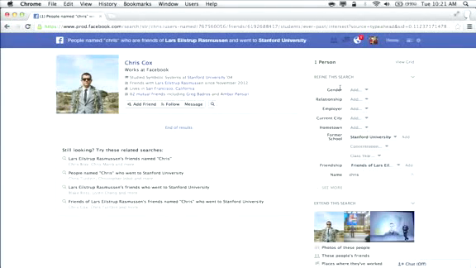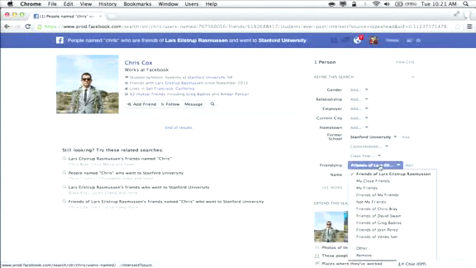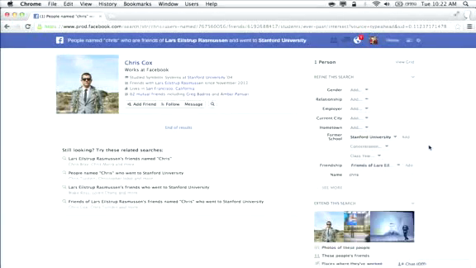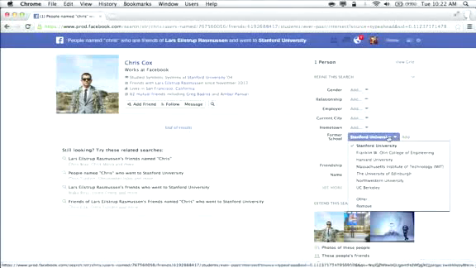So we created these tools on the right to give a sense for the breadth of what's possible. And whatever you type in the search box gets reflected over in the tools. So in this case, because I did people named Chris, you'll see in the name field it says Chris. Because I did friends of Lars, under friendship it says friends of Lars, and I could choose a different one here, close friends or whatever. And under former school it says Stanford, and I could choose something else.